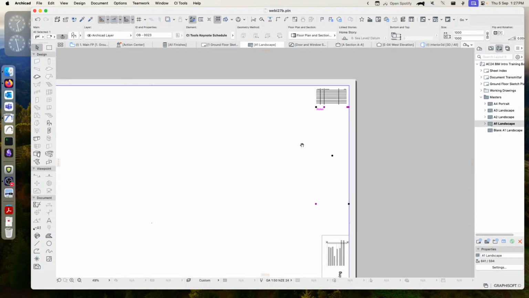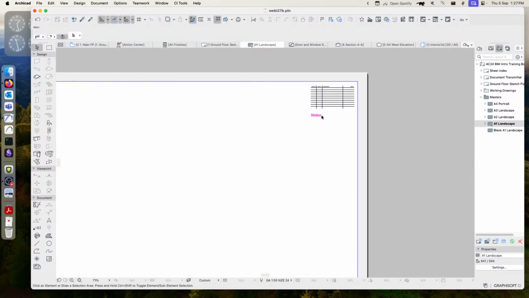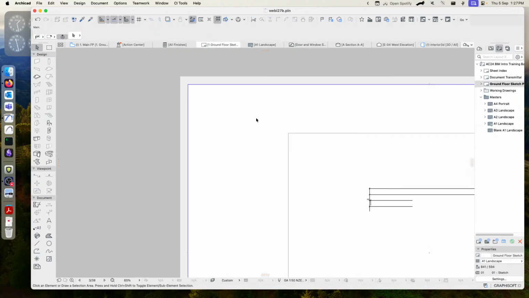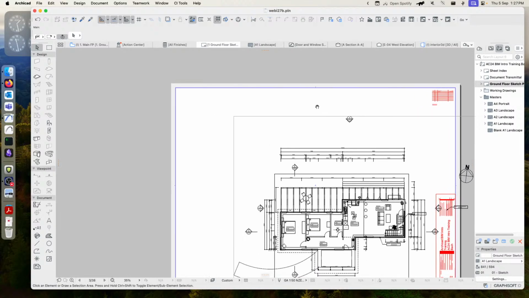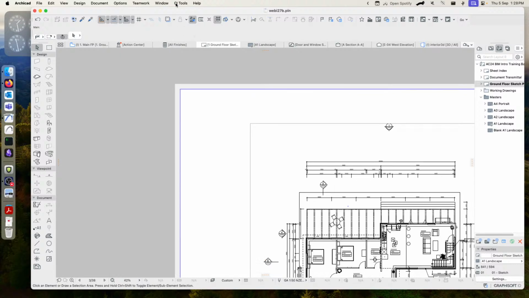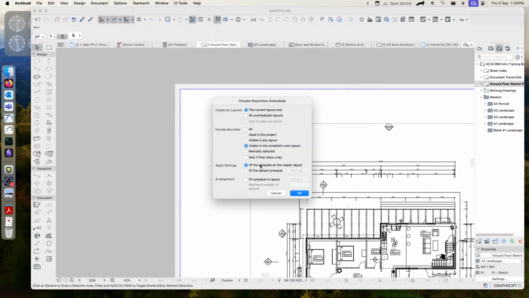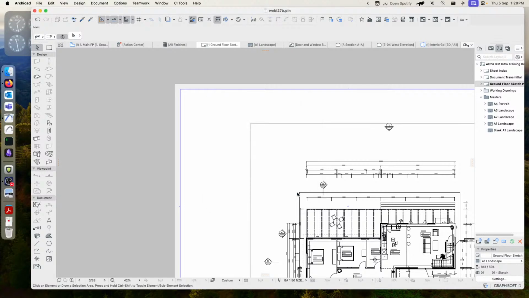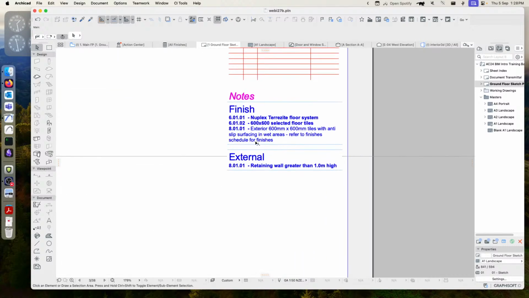There we go. So we've got our keynote schedule placed in the location that we want it to be shown and looking the way that we want it to. Now we can jump over to our ground floor sketch view again. Oh, I forgot to turn off the layer, but that's okay. And we can do the same again. So we come through here, we go CI Tools Keynotes, create schedule. We still have this option selected, only we do actually have a master layout setting this time. So we hit OK, and it will generate our schedule over here where we told it to,